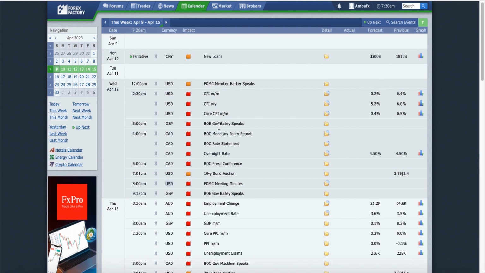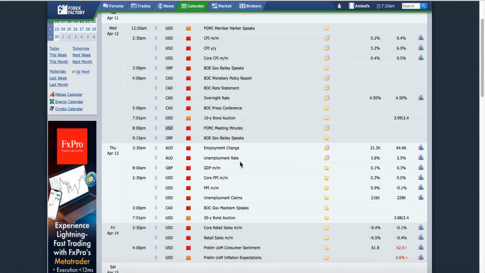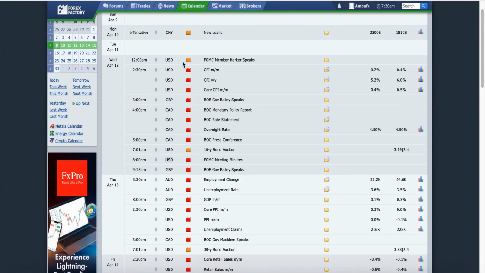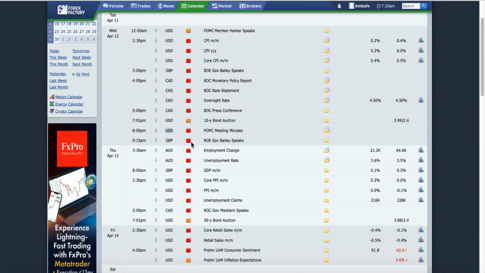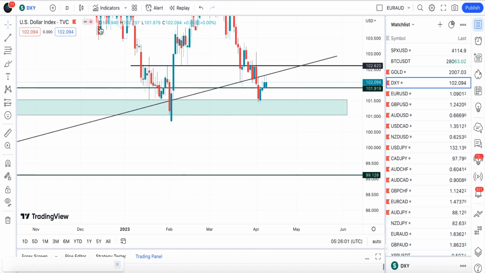Take note of the high impact news, and you know that we start on Wednesday. We might not see moves in the market on Monday and Tuesday. We might start seeing volatility in the market from Wednesday to Friday. So you might make your trading decisions starting from Wednesday. You can just use Monday and Tuesday to check the directional bias of the market. Then on Wednesday, you might start taking your positions, because that is when the volatility will come to the forex market. So let's check the DXY.